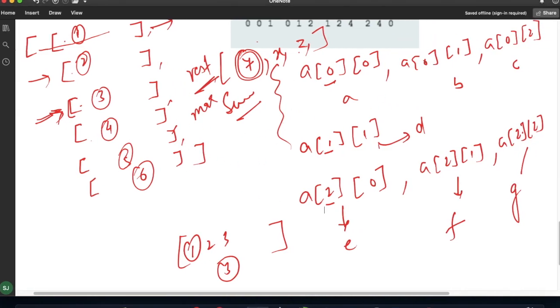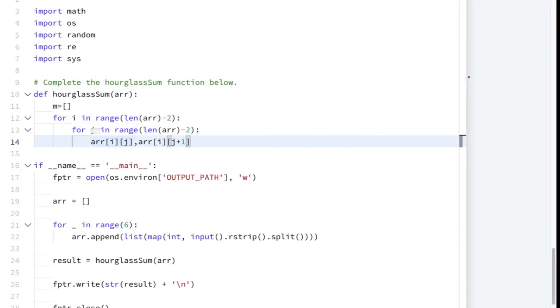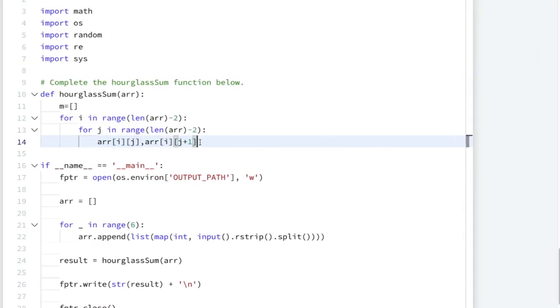This is my i, j, and i, j plus 1. And for the third, C value, I will simply write array of i comma j plus 2. Now we are done with the A, B, C value.